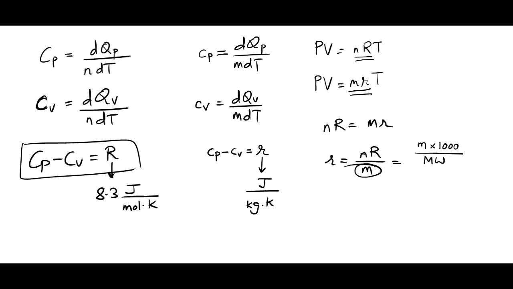That's nothing but small n, the number of moles. Just check it again. M into 1000 is effectively the mass in grams. When I divide by the molecular weight, I get the number of moles. And now I just multiply this by capital R and divide by small m. Notice how small m cancels. So I finally get small r, which is the gas constant for a particular gas, is 1000